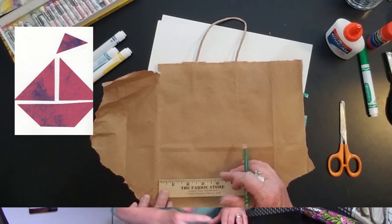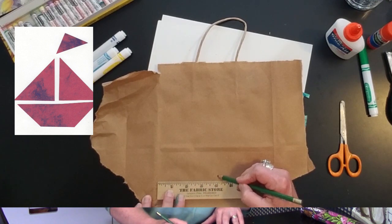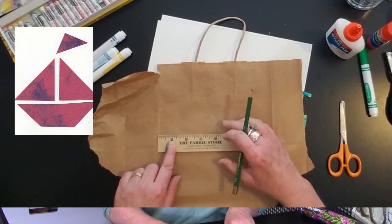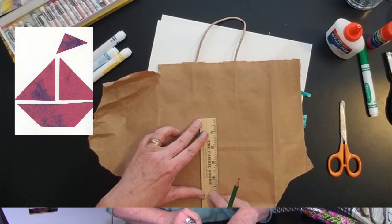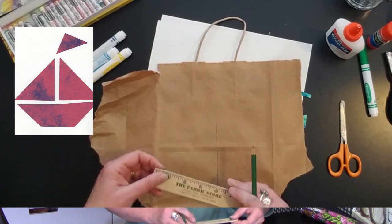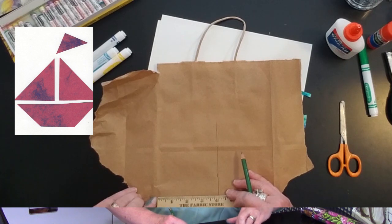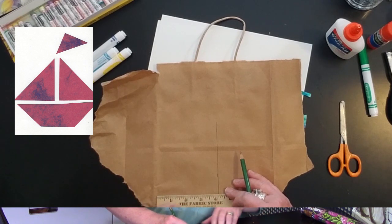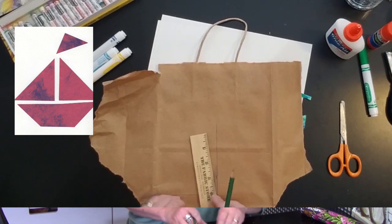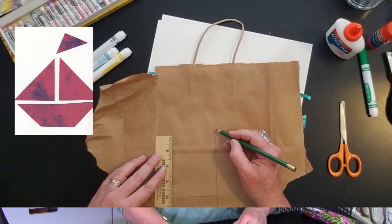So I'm going to start at the edge here so I know I have a nice square. And I've got 4 inches, 4-inch mark. And I'm going to draw that line that connects them all. And now I have this square edge here, so I'm going to line that up along that one edge. And now I want to do 4-inch by